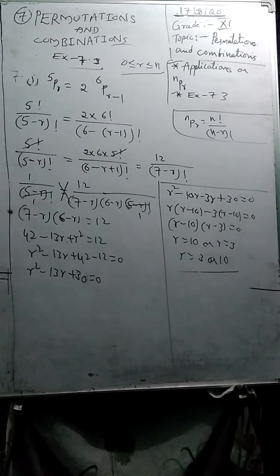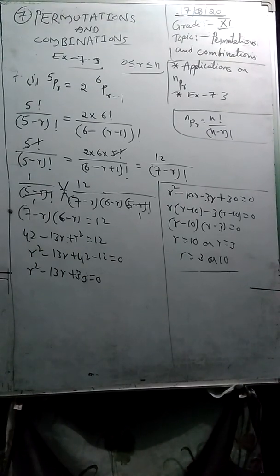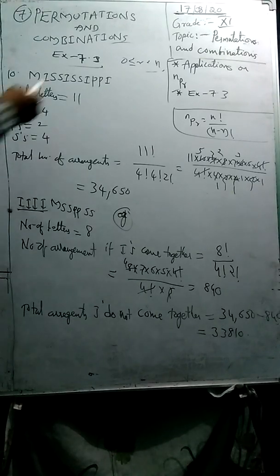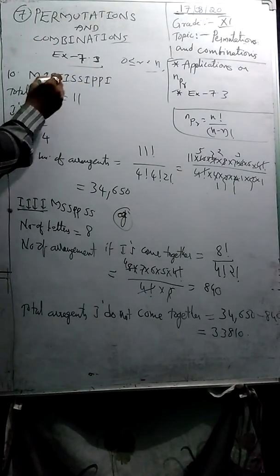In this manner, you can solve problems related to similar models as homework. Now let us discuss one more problem, students. After that, we will conclude this exercise, and whatever is left over, please do as homework. This is the way to solve questions related to permutation and combination. See, this is the way to find the r value when the equation is given, by using the permutation and combination or nPr formula.